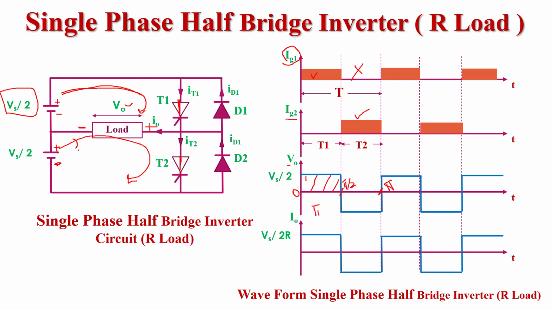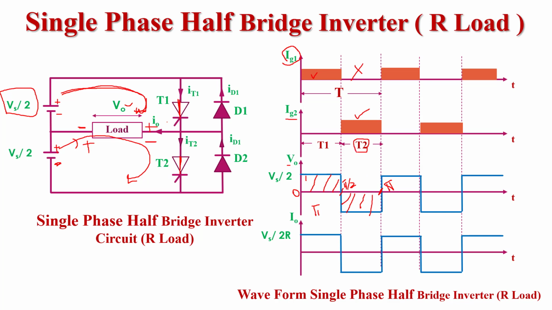If current flows in this direction, the polarity across the load is such that this terminal is positive this time and this terminal is negative. But we have assumed that previously this was the reference direction of current flow. We assume this is the reference direction. This is positive and this is negative, so this is the reverse direction of the current flow. So in this case, the output voltage across the load is minus Vs by 2 because the polarity is reversed this time. So from pi by 2 to pi, the output voltage is minus Vs by 2